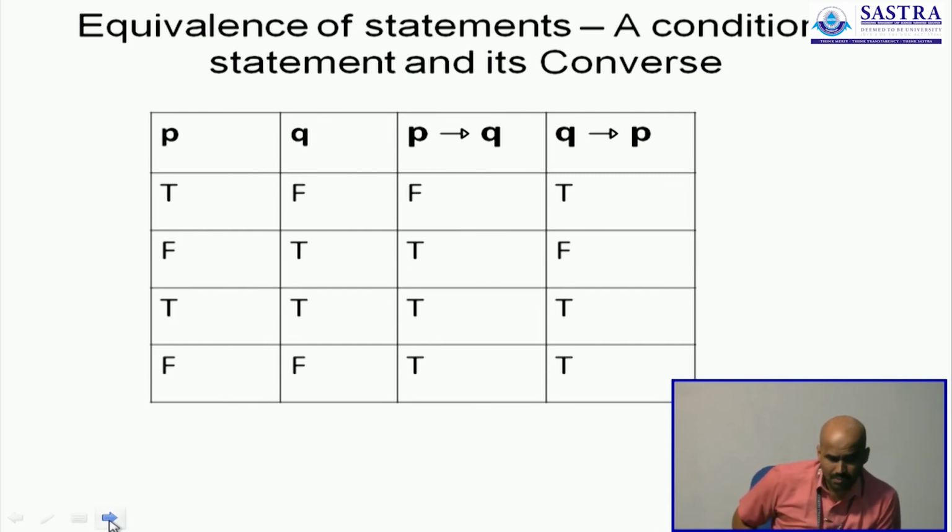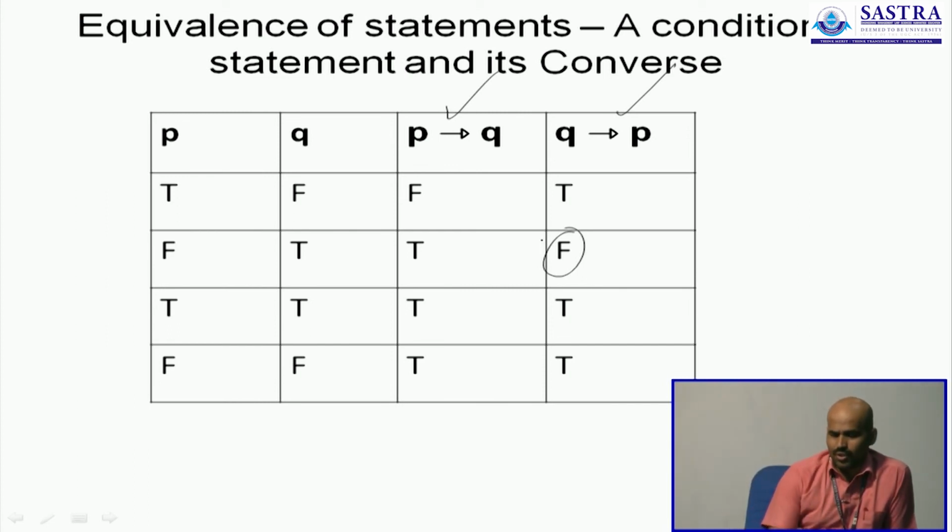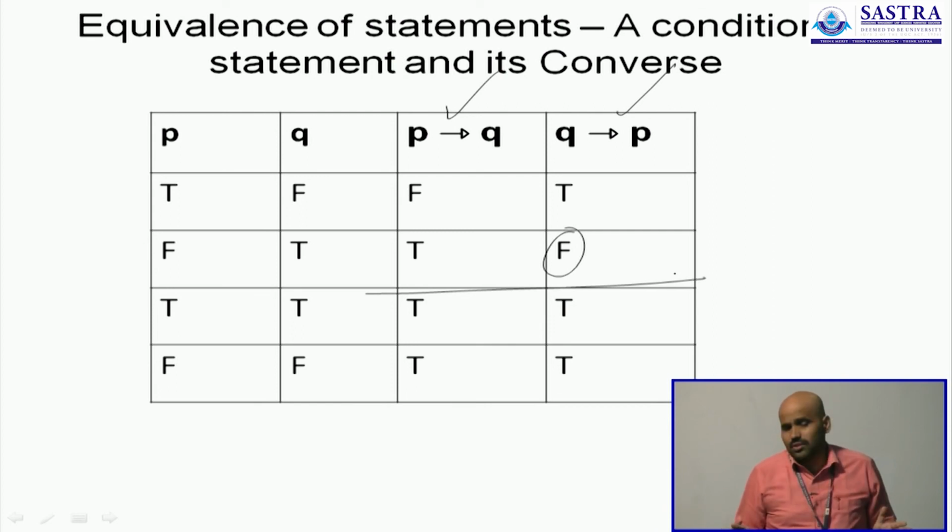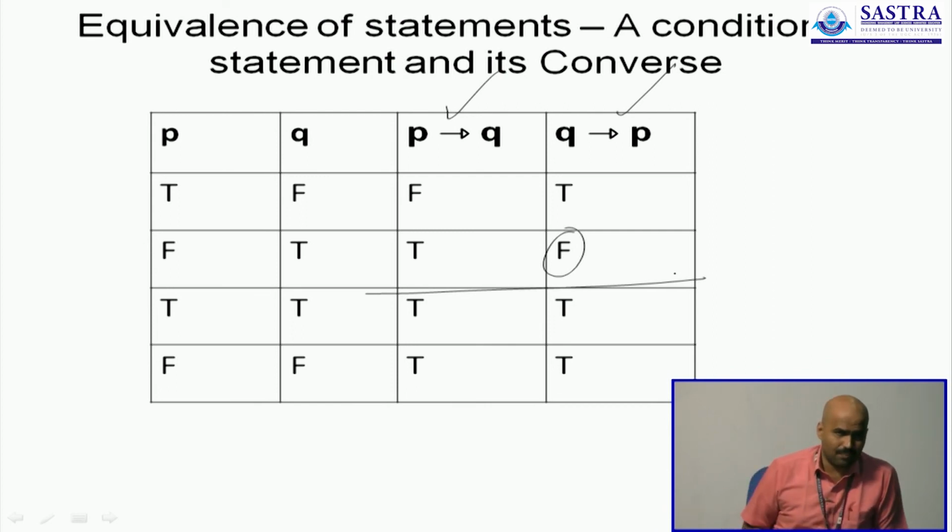Now for two statements P and Q, we are considering both the conditional as well as its converse. The conditional you already know how it assumes truth values. The converse assumes these true values, in which once again only one of them is false but the other three are true. Now you compare these two conditionals, they don't match. They differ in the top two rows of the table and they are alike in the bottom two rows of the table. So they are not completely matching each other. So they are not equivalent, they are not one and the same. You are calling it different names because they are different things.